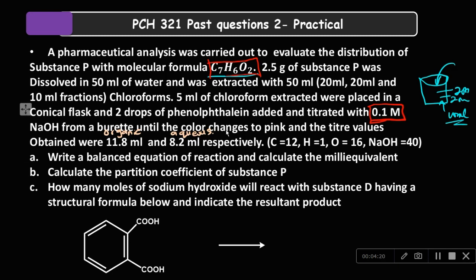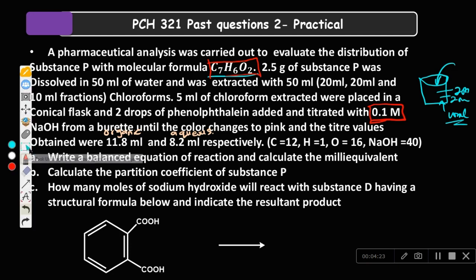Now, if you know these two things, you are now going to come here and write the equation of reaction. So the first thing says write the equation of reaction and then calculate the Milli equivalent. So to write the equation of reaction, what I'm going to do is to come here and then we are going to start writing the equation of reaction. The equation of reaction usually starts with the benzoic acid, because that formula of